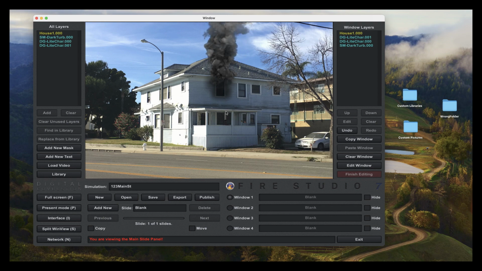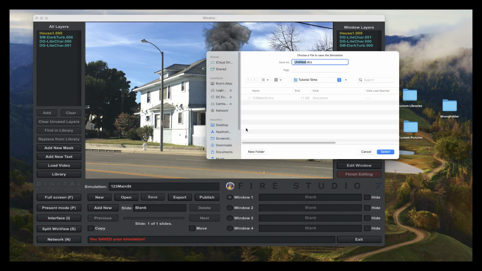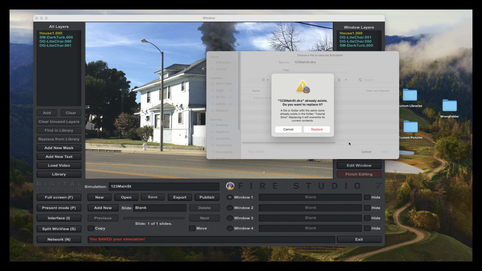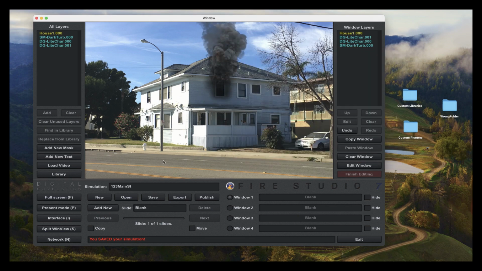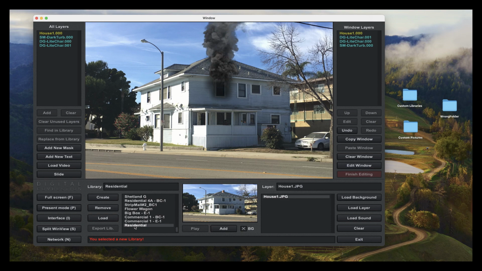So it's a pretty simple simulation, and I'm going to go ahead and resave it, and I've saved it in a folder, and I'm going to just overwrite the same name and select it, and now I've saved that. Just to let you know what we have on here, I had created a folder called residential, and I put this one picture, this house 1 JPEG, in that folder, and that's over here in my custom pictures, and the library is in this custom library folder. So that's where I've kind of saved everything, and then I want to illustrate what happens if things get messed up. So I'm going to go ahead and exit out of Fire Studio,